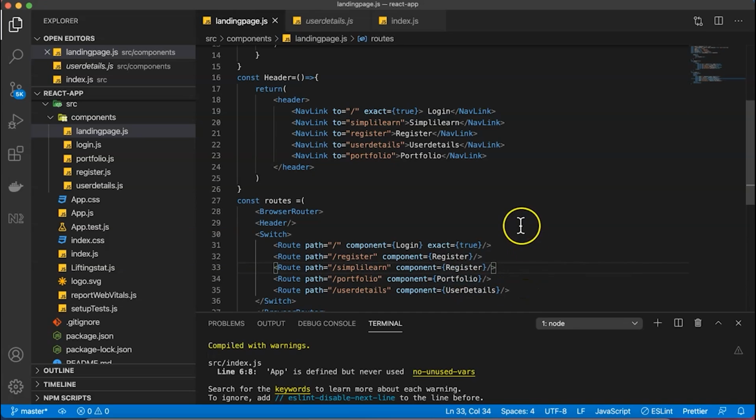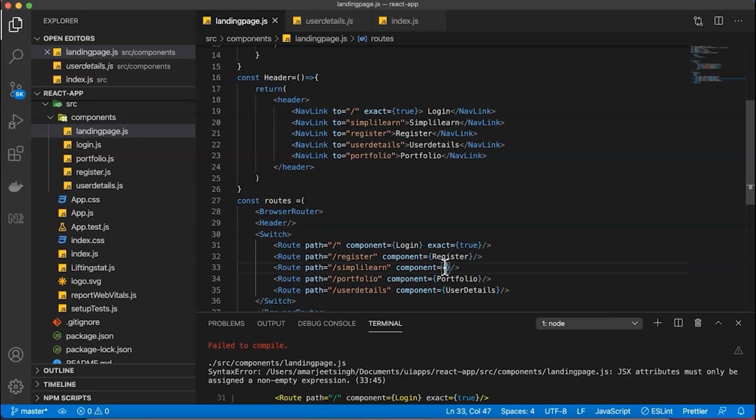So now it is asking me for the component because I do not have any component here right now. So here what I will be doing instead, I'm making it as a blank,